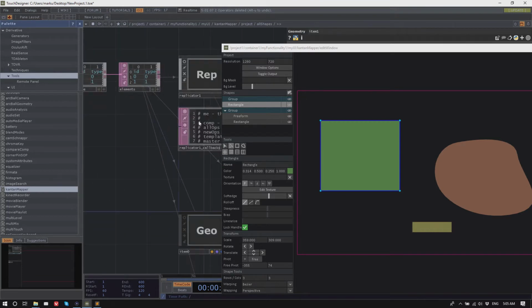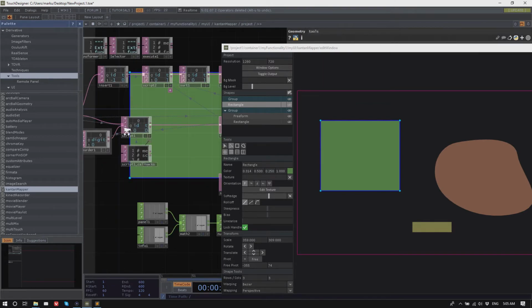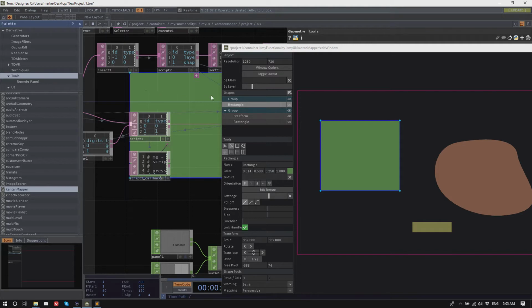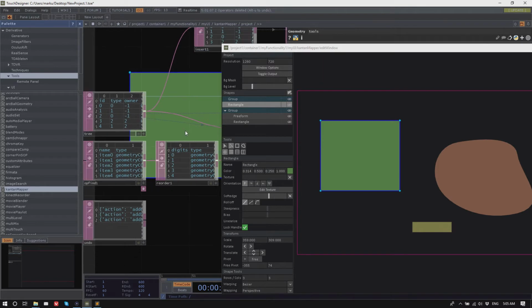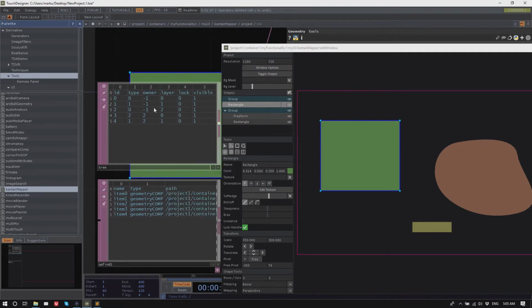I mean, it's common for me. The nice thing is that if I need to move a shape, for example, from one group to another here, I can read the definition of the shape because I saved it in a nice way, and then I just have to change one table, the tree definition, and by changing the table, it removes the geometry component and it creates it somewhere else, clones it properly, and I don't have to worry about doing any of that.